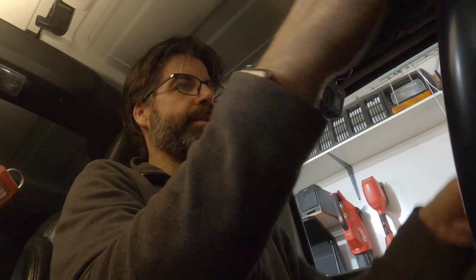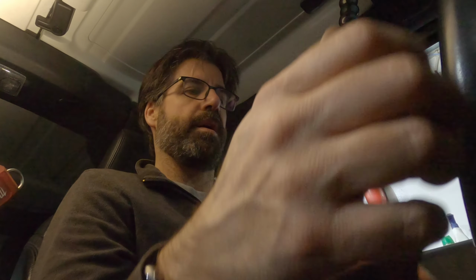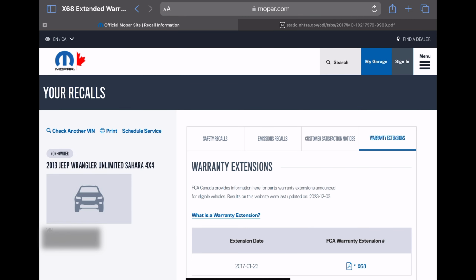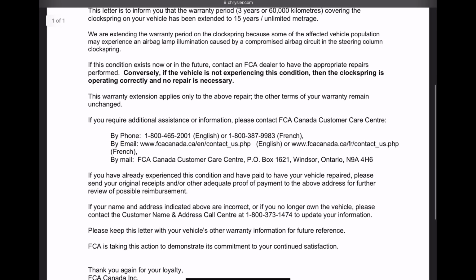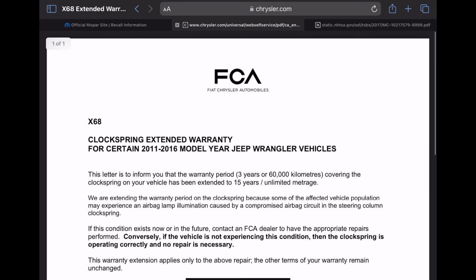Sometimes the horn works. So what does that mean? Did a little bit of digging. There's something online on the Mopar website under the extended warranty section. There's a FCA warranty extension X68 for this vehicle. What does that mean? Well, it means that they are aware that there's a problem with the clock spring, and